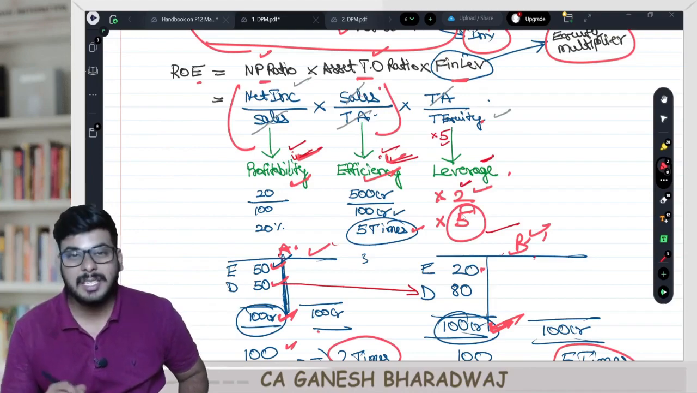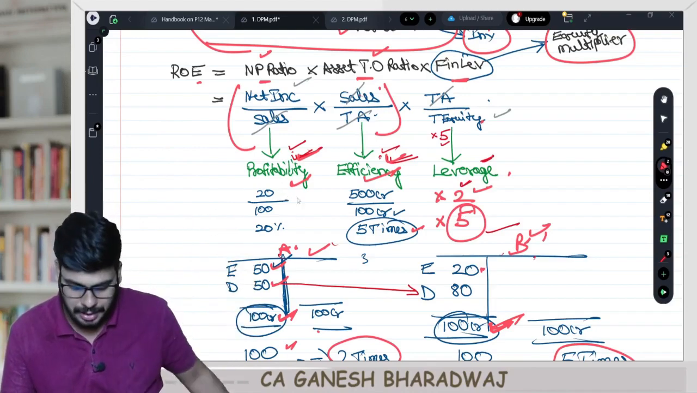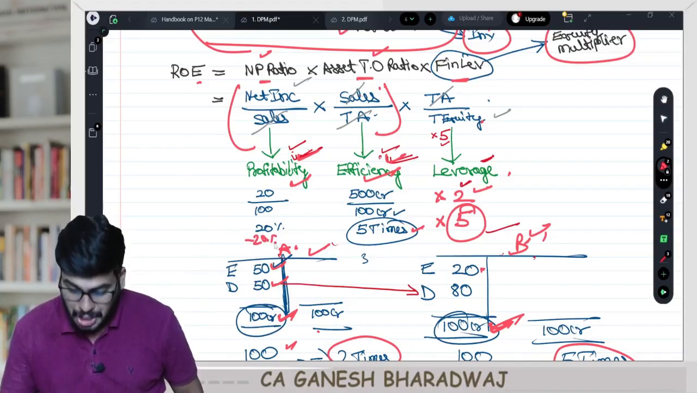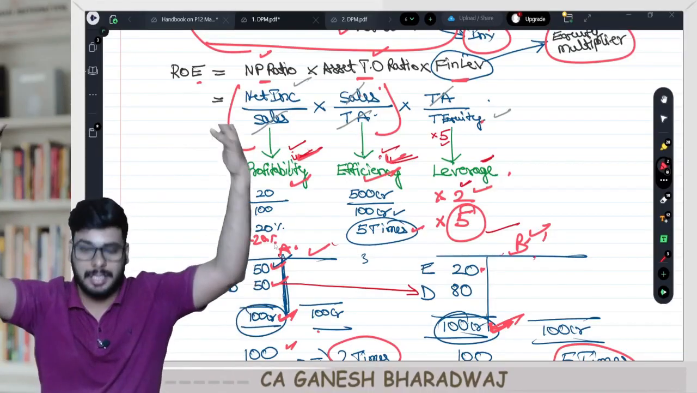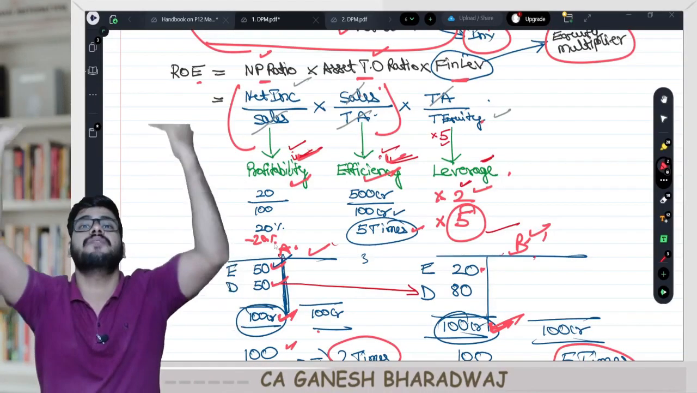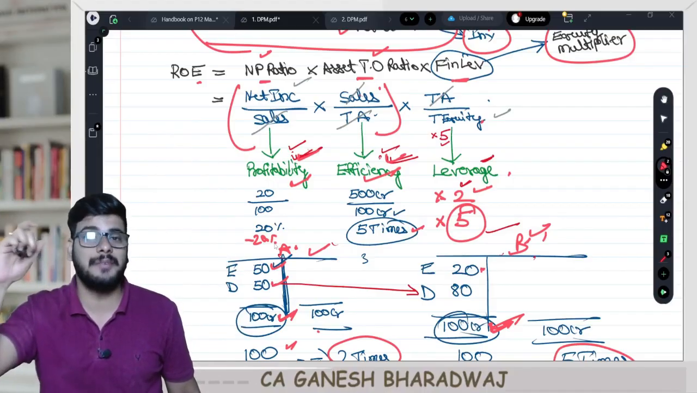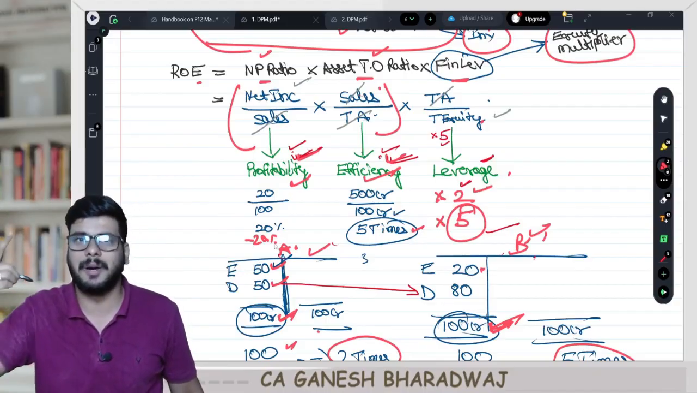Wait, let us just imagine this company's profitability is, let us say, instead of 20%, minus 20%. Now what will happen? This negative figure will also be multiplied 5 times. In this case, it will also amplify its losses. Are you clear with this? So leverage has an amplifying effect. That magnifying effect is there, but it will magnify